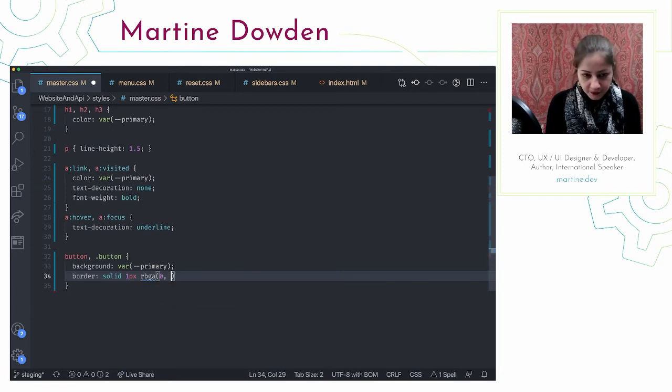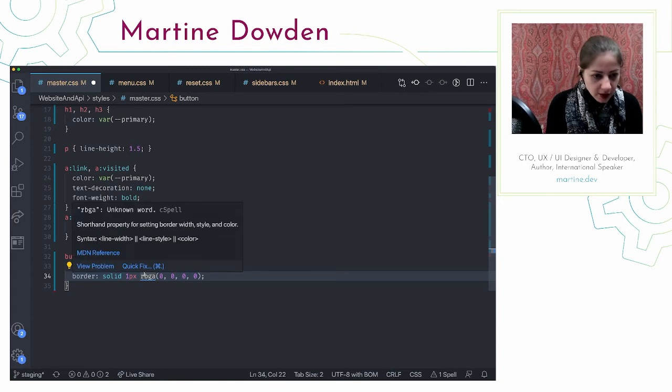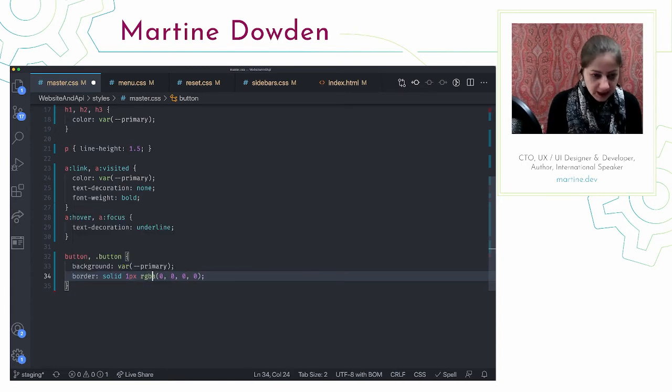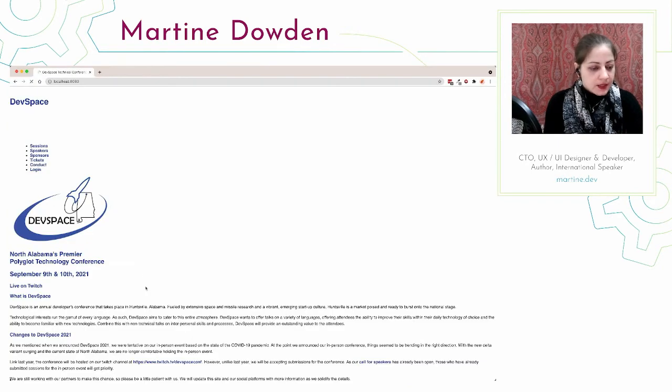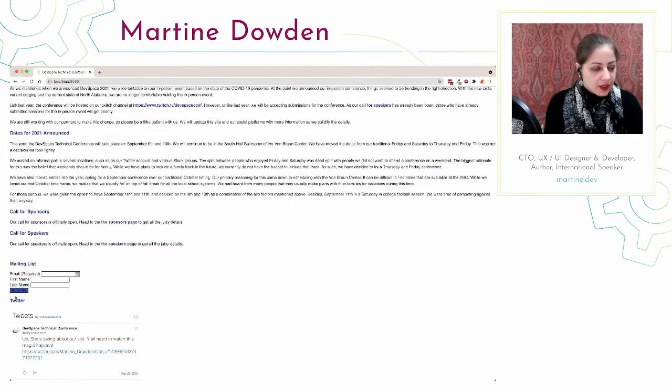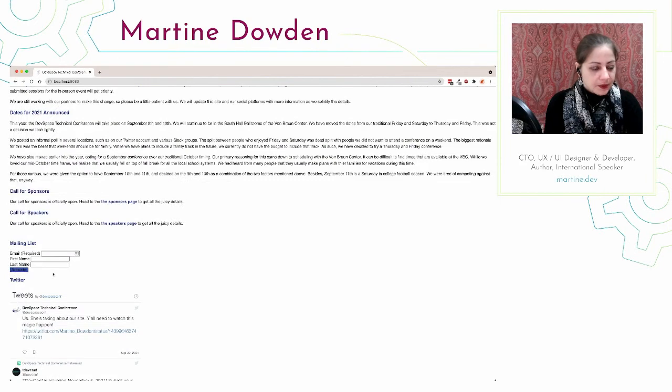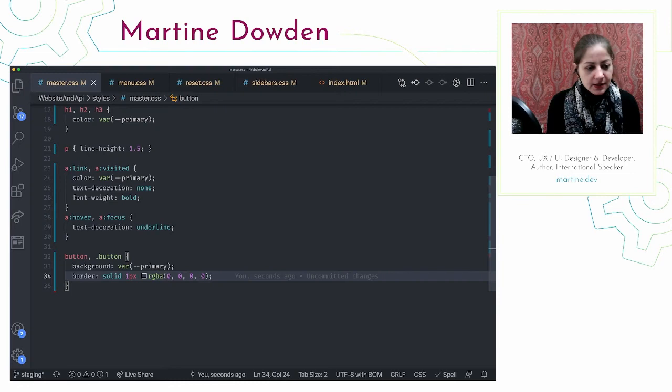That way, if we ever want to play with borders, we have it, and it's not going to mess with our layout. And RGBA. There we go. So we're going to go ahead and save that. And so we're starting to have, now obviously it's completely non-readable, right? So we're going to have to go ahead and give that a foreground color on the text.